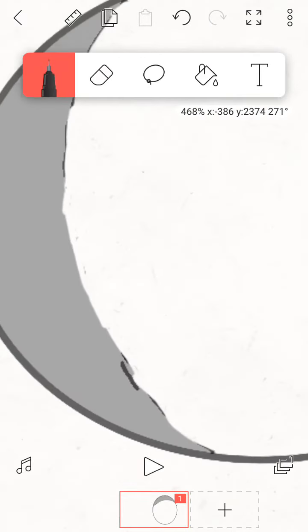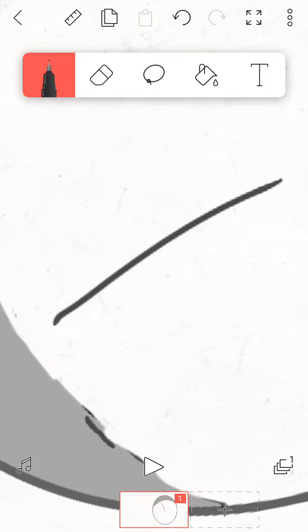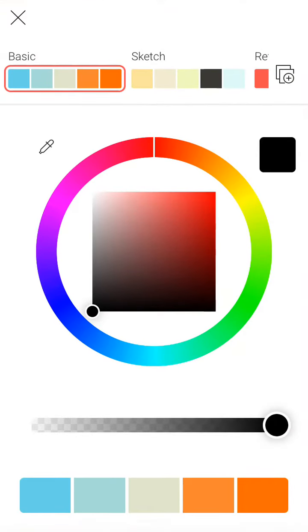And there you go, you sort of got the shadow, and now you want to go to 100% black,